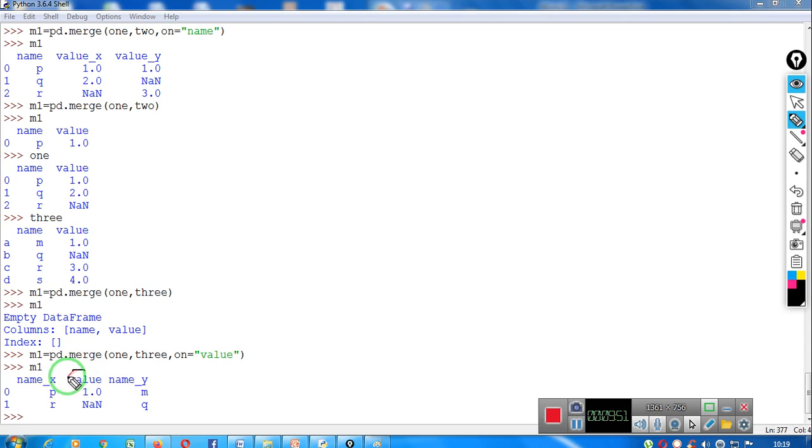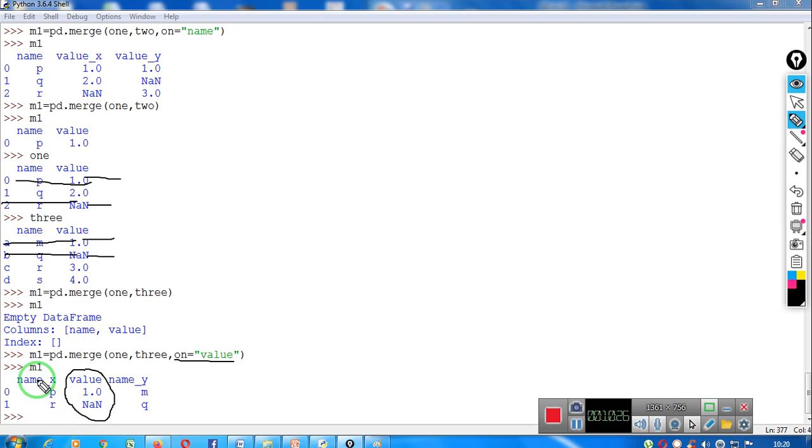So we are merging on the basis of value. So the values which are common in both the data frames, like in the first one it's 1 here, and NaN value here also, I am making 1 and NaN, only these are common, so only these two records are being displayed. Rest of the records or rows are not being displayed. This means it will display this record and this record, this record and this record, right?